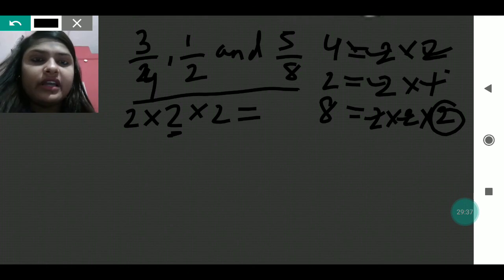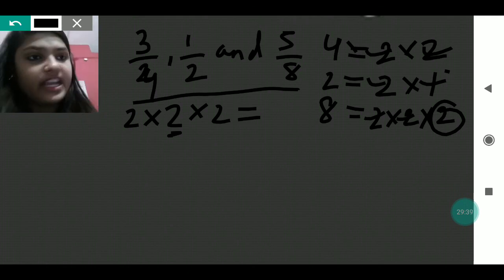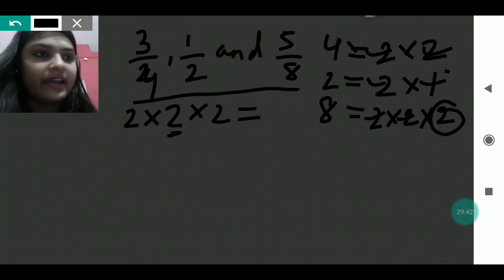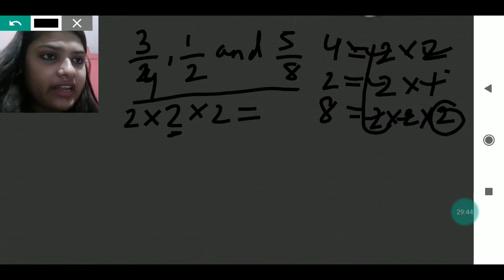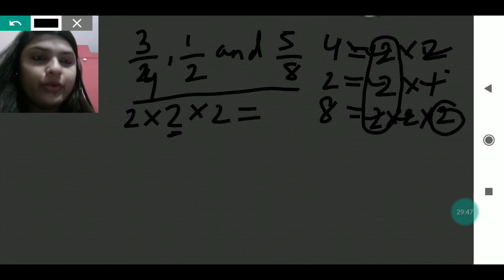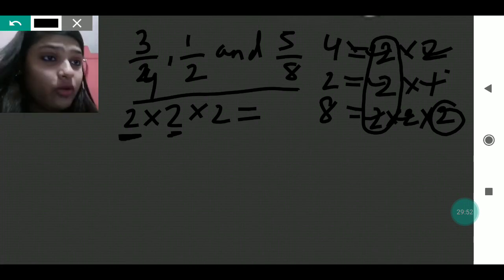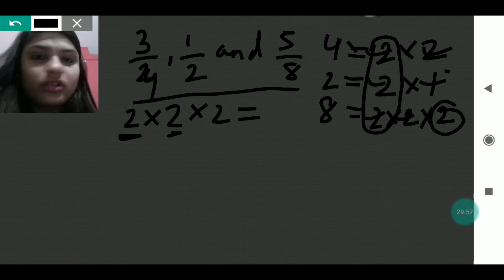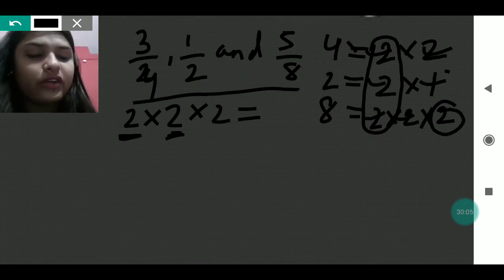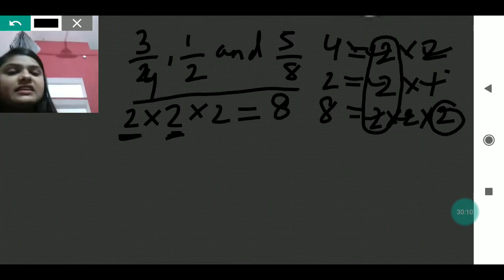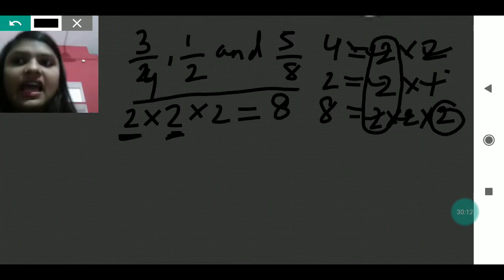If three numbers are also there, if in those three, any two you are getting common, so only one you will write. Like you can see here, in all these three we are getting common 2, 2, 2, so only one 2 I have taken. But in the next, I am getting 2, 1 and 2. In the second one I am not getting any common, but here 2 and 2 is common, so only one 2 I will take. And here 1, 2, with that no number is left to compare, so that 2. So 2 into 2 is 4, 4 2s are 8, so 8 is the LCM which we have got.